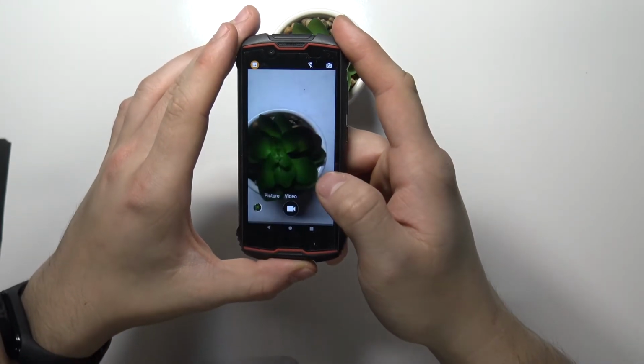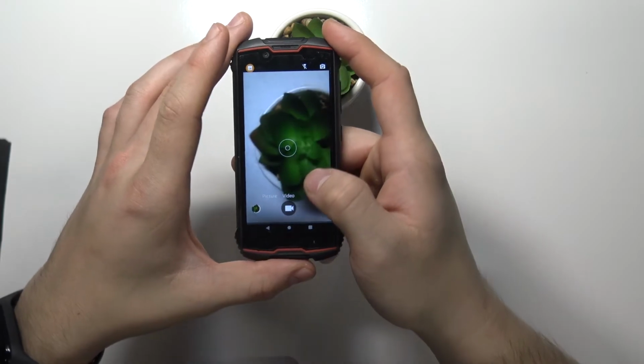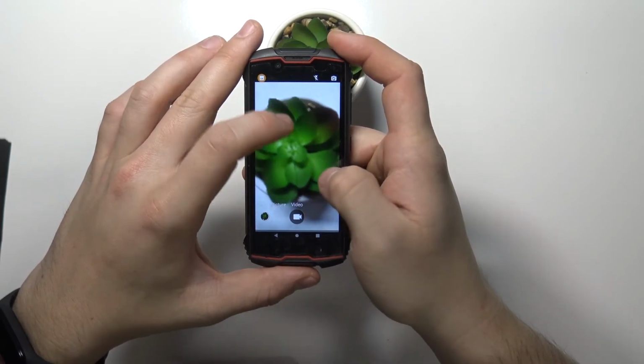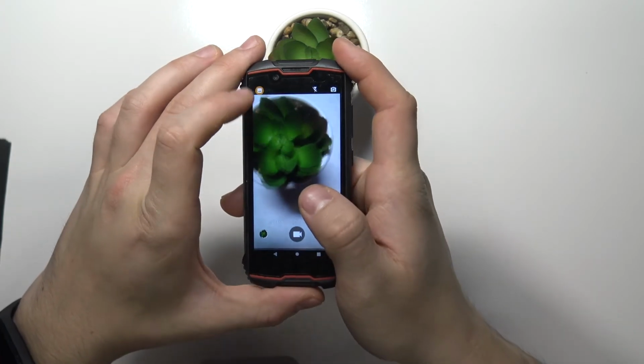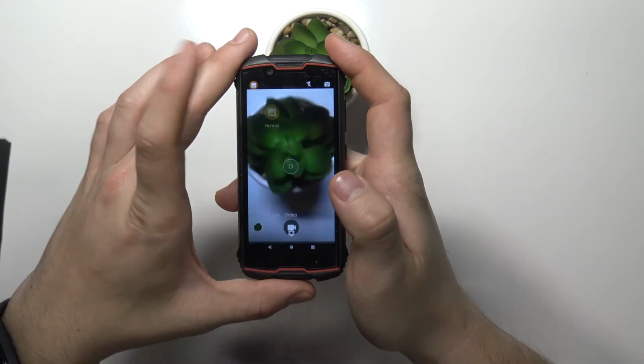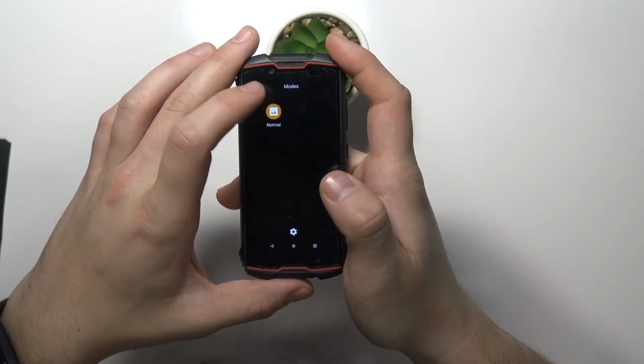Then in video mode we can basically only take video, zoom in, but not zoom out. Also we can enable or disable flashlight. Also we got normal modes,